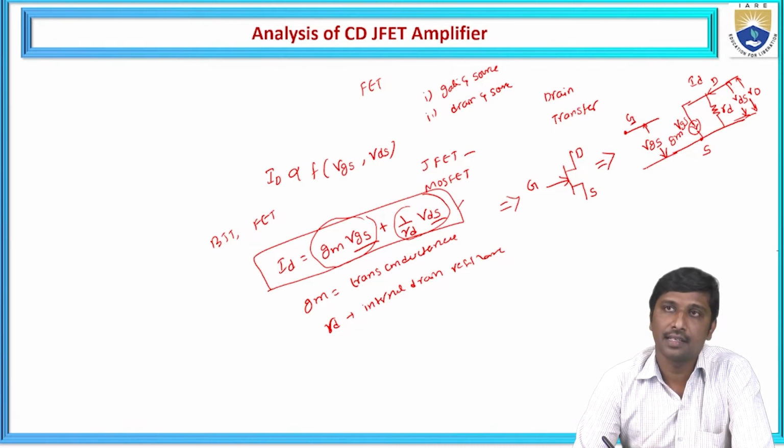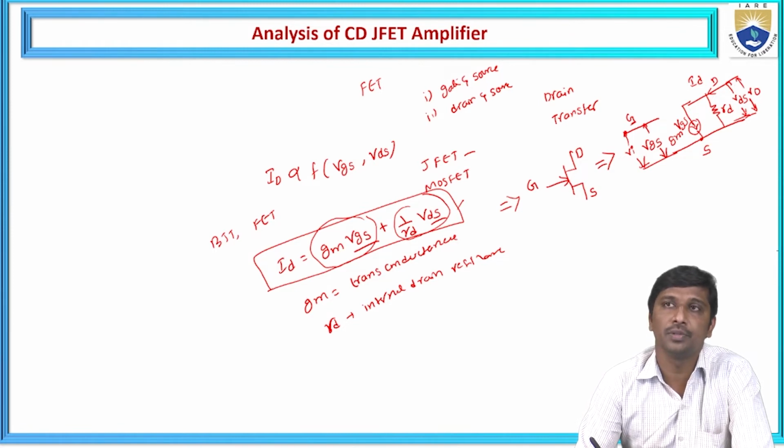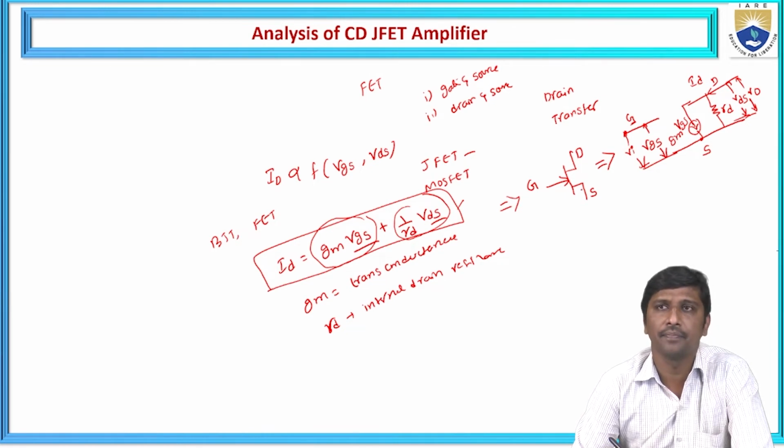This is a small signal, which means we apply the input voltage between the gate and the source. Output is measured across the drain with respect to the source. And this is the small signal model, or equivalent circuit, for a JFET. Now we are going to analyze, using this small signal model, how we can define the CD,